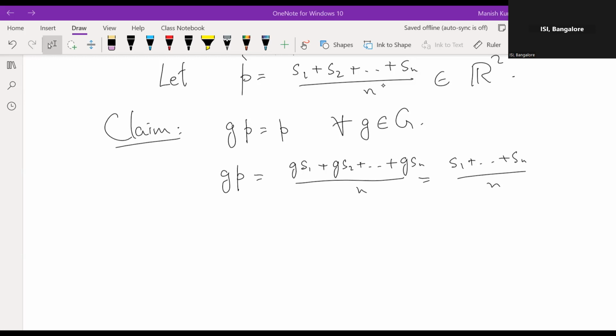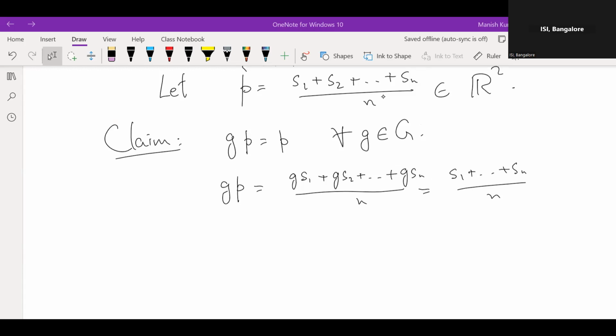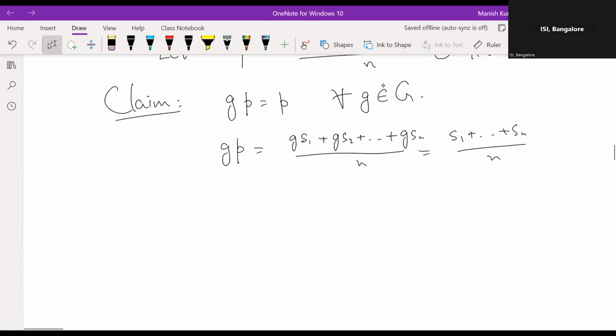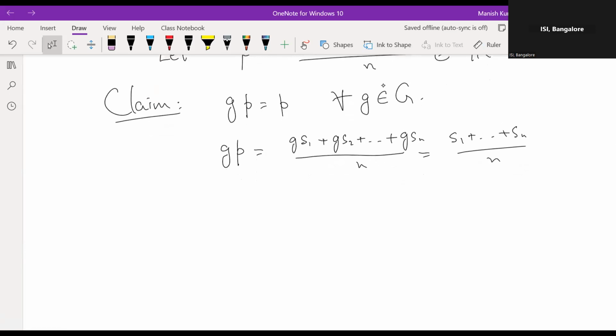So there is a lemma in the book. Maybe this lemma I'll prove later. Let me just conclude the argument here, and then I'll come to this lemma. There is some detail which was missing. So the lemma is